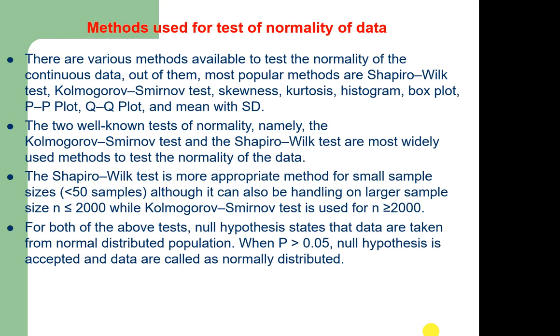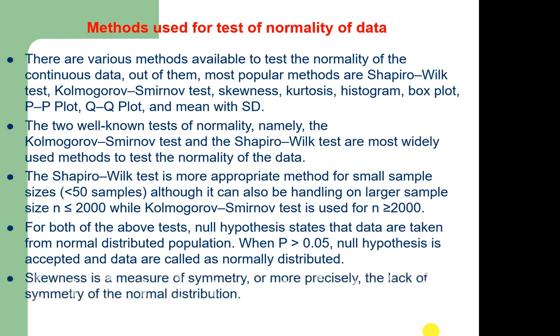For both these tests, the null hypothesis states that the data are taken from a normally distributed population, and when the p-value is above 5%, the null hypothesis is accepted, and we conclude that the data follows a normal distribution,